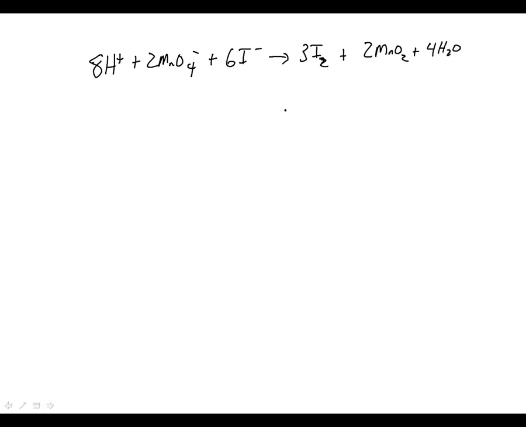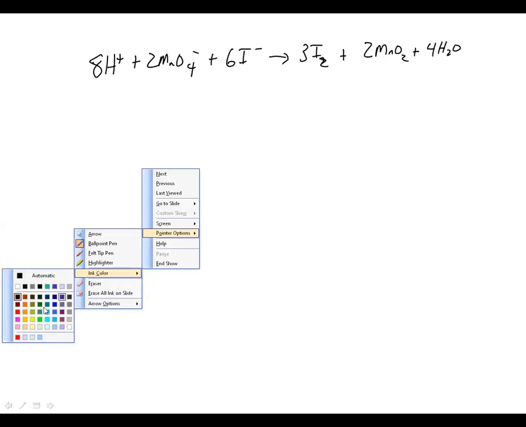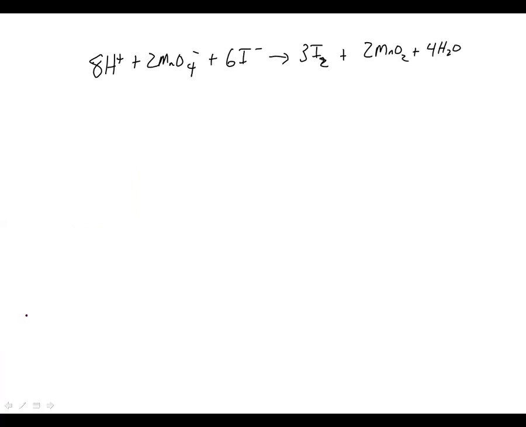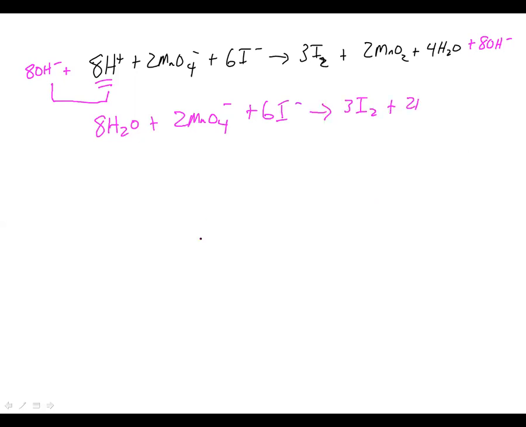So now what we want to do is add OH minus to both sides because we want to balance this in basic conditions. The amount of OH minus is equal to the H plus. So we would add 8 OH minuses to the left, and we would also add 8 OH minuses to the right. These are going to combine to give us 8 waters plus 2 MnO4 minus plus 6 iodide, 3 I2 plus 2 MnO2, 4 waters, and, almost running out of screen here,